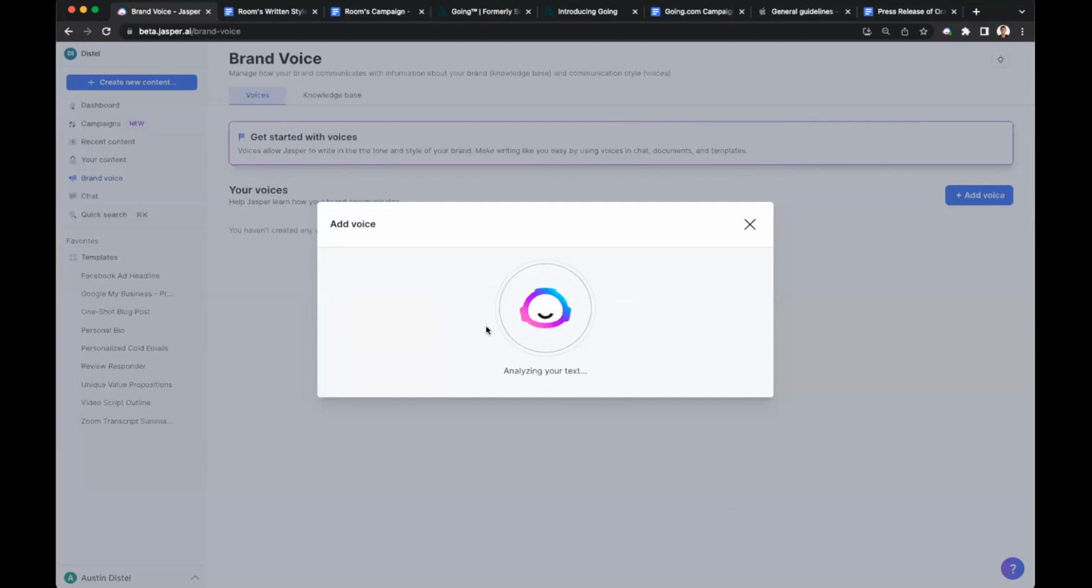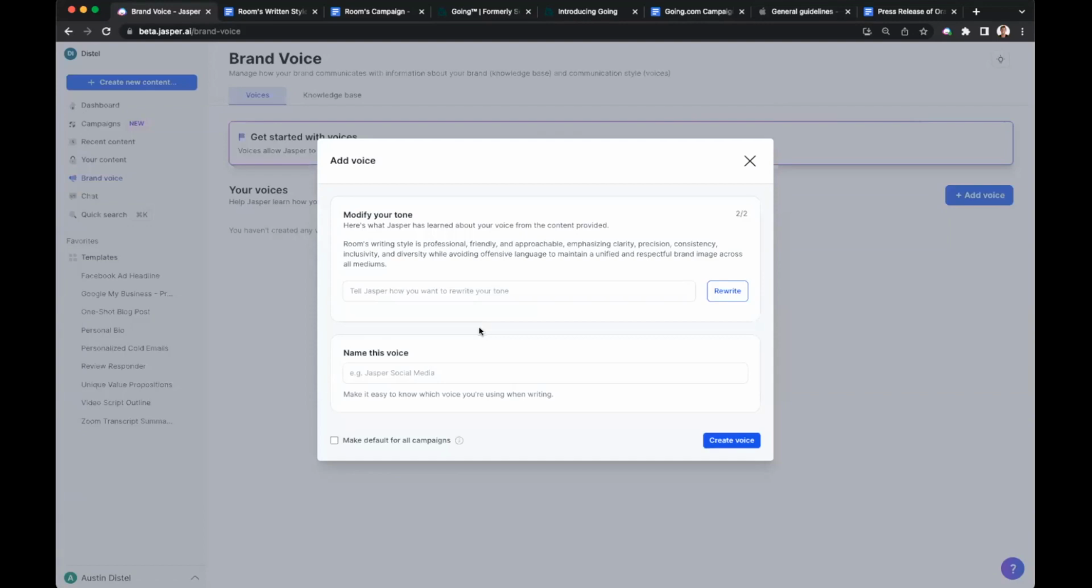Continue. Now, what Jasper's doing is it's analyzing all of this content to figure out how it should write to basically be your digital twin. It's learning how you write. And then before it writes for you in the future for all your campaign assets, it will sound like you. It's pretty awesome. So what we're going to do is name this voice. I like starting off with an emoji to keep it fun. So Room's brand